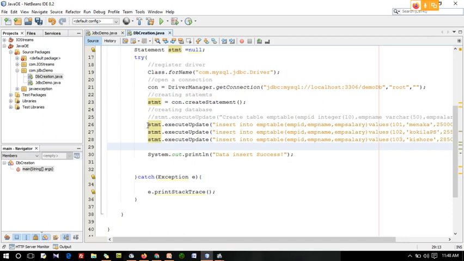After inserting, I immediately want to fetch and display the values. How do I display the records? Are you getting my point?